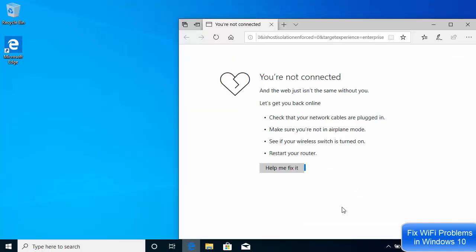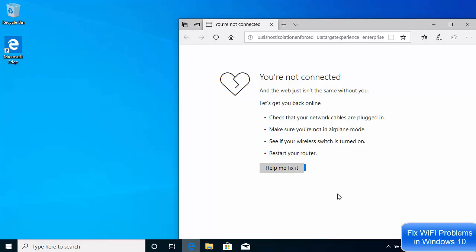Now for the next solution, you can disable any antivirus or any software which is related to antivirus or DNS. You just need to disable that software and then try your internet and see if it works or not. Otherwise, the other option is to start your PC in safe mode.